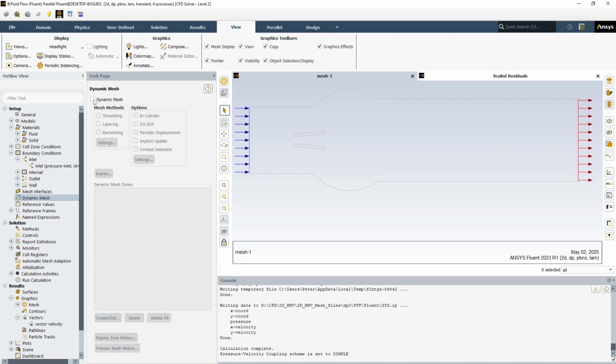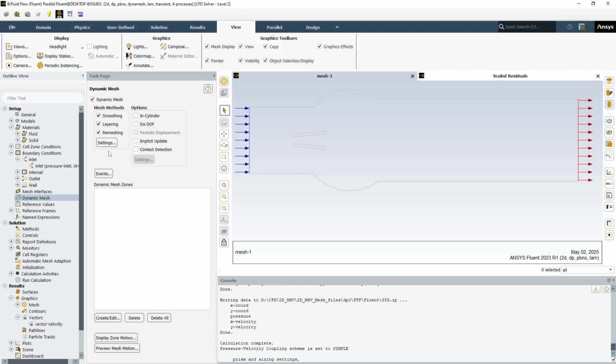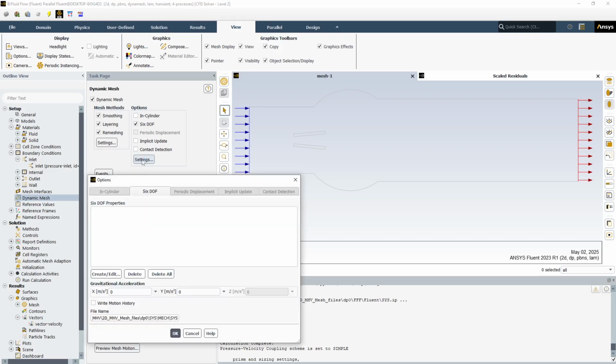There is a dynamic mesh which allows you to remesh when the motion of a rigid body occurs, and the rigid body is called 6 degree of freedom, where